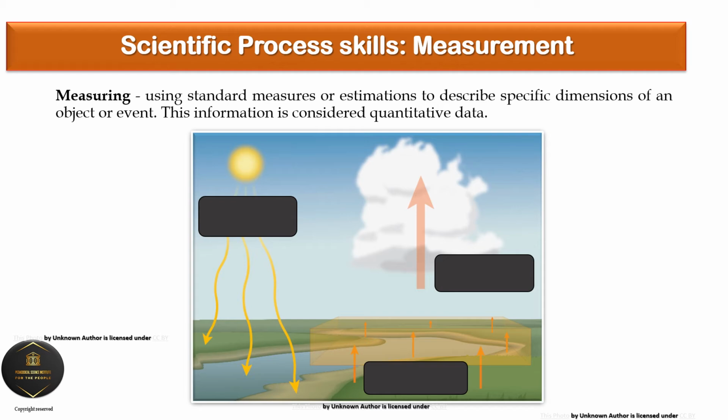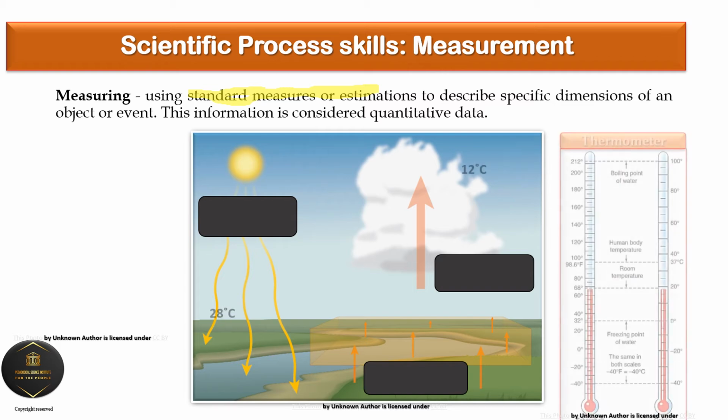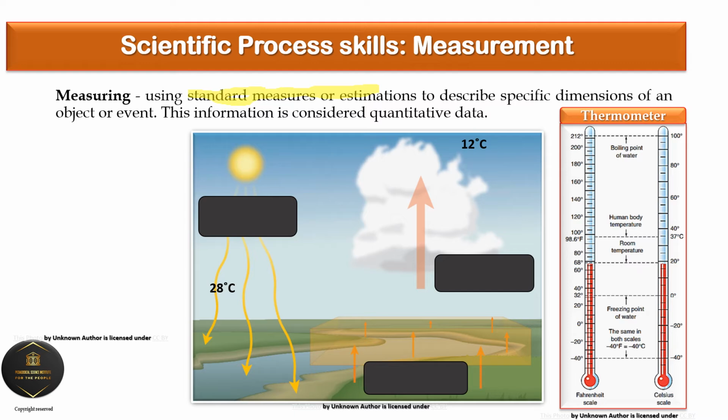So remember that measuring involves using standard measures. So you need to have certain tools for measuring different objects or events. Now, if we were looking at the air, remember we're talking about the air. Now, because the sun rays hit the air at the surface, if you were to use a thermometer and